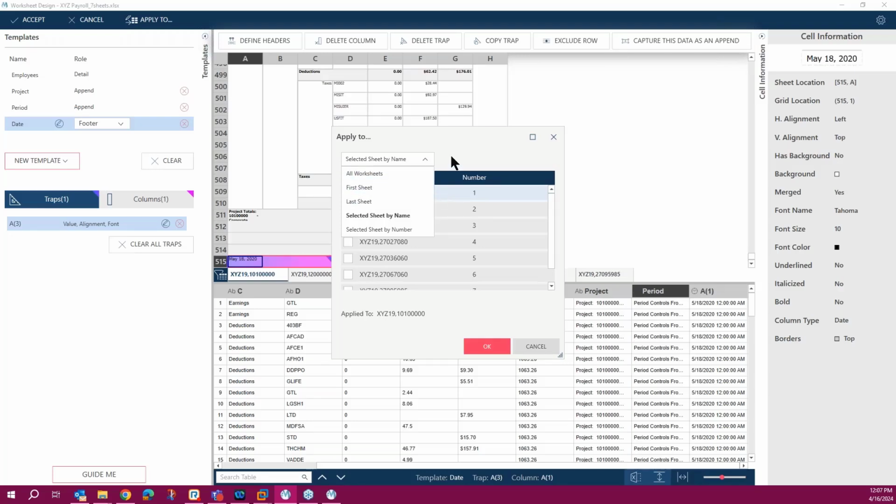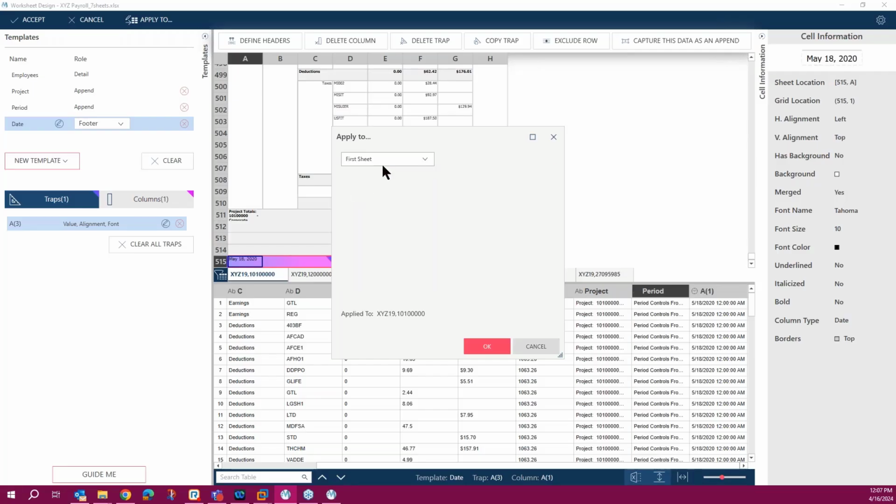If you suspect that when you get another file the worksheet name would change, then you use first sheet. If you use first sheet, it doesn't care what name you used previously. It just applies the macro to the first sheet and pulls the data from that first sheet, or the last sheet.